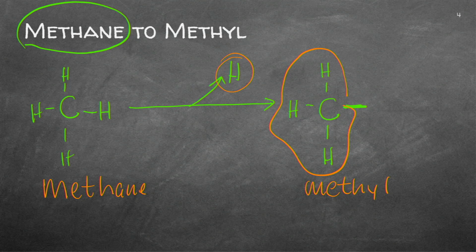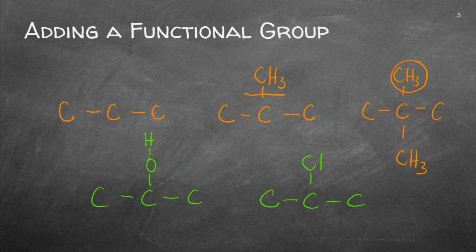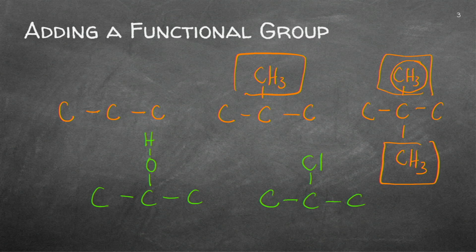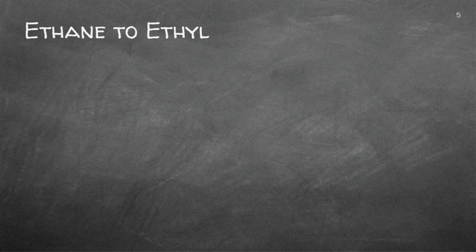Now, have a look at the previous one we did. Can you see there? I had a methyl. Can you see here? I had 2 methyls. CH3 coming from a CH4. Let's have a look at the ethane. Ethane, can you remember? 1, 2 carbons, 1, 2, 3 hydrogens on the one, another 3 on this one.